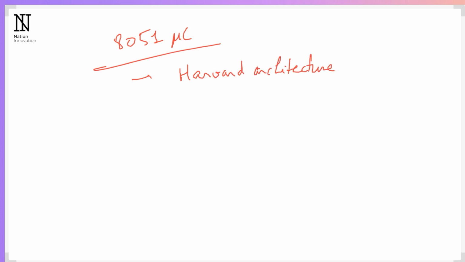8051 microcontroller was designed by Intel and its foundation was on Harvard architecture. Harvard architecture means there are two types of architectures. One is von Neumann and the other one is Harvard. So in this we have